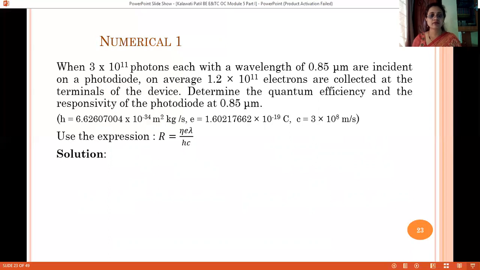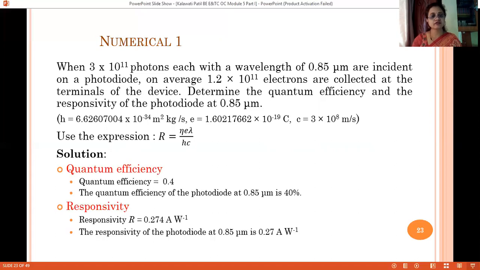Here you will have to use the expression R equals eta into E into lambda upon hc. But again, the quantum efficiency is also not provided. So first you have to calculate the quantum efficiency using the equation eta equals RE upon RP. If you substitute, you will get quantum efficiency to be 0.4.